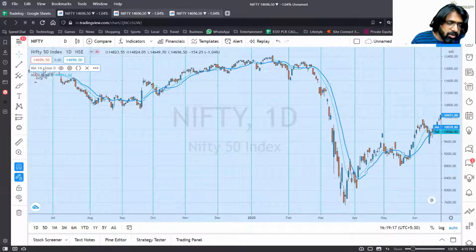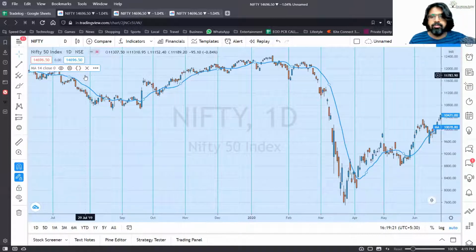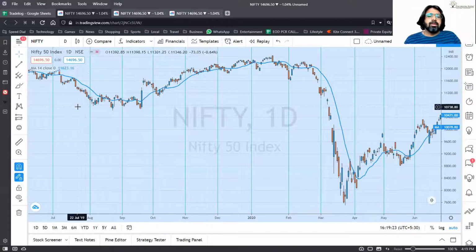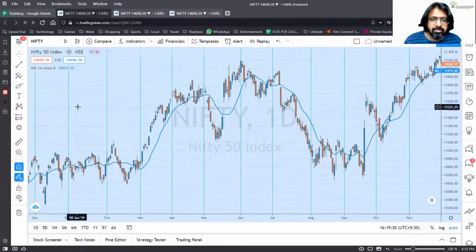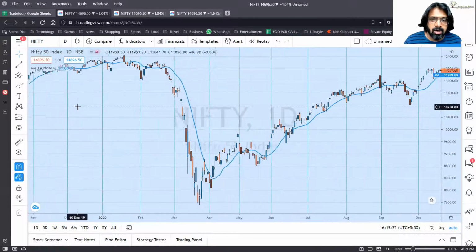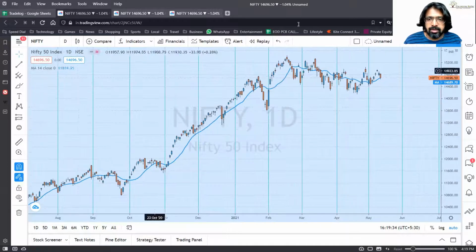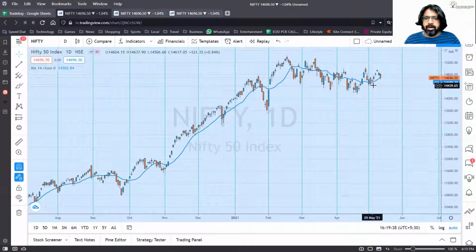So here we've got 14 and 19. We've just added two moving averages. I'm just removing one of them. Now when you see this, is it not telling you in a smooth way where the price is going, up or down? If you see the current one, it's going down, but very slowly it's going down, right? So a moving average simply smoothens the price fluctuations and tells you where the price is headed.